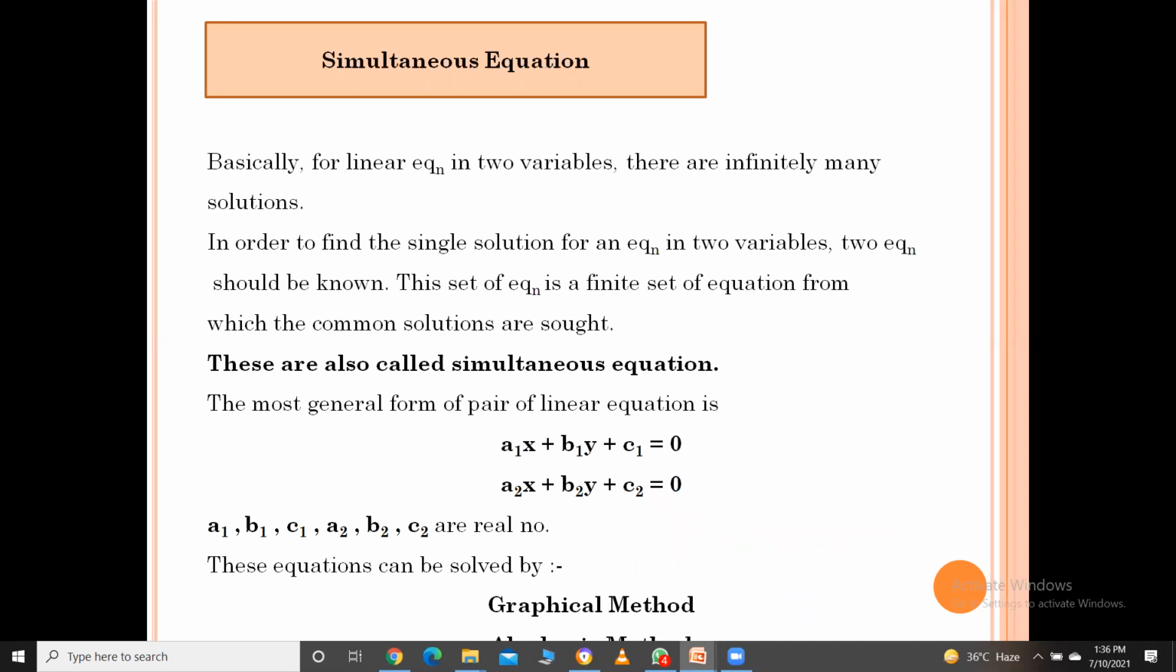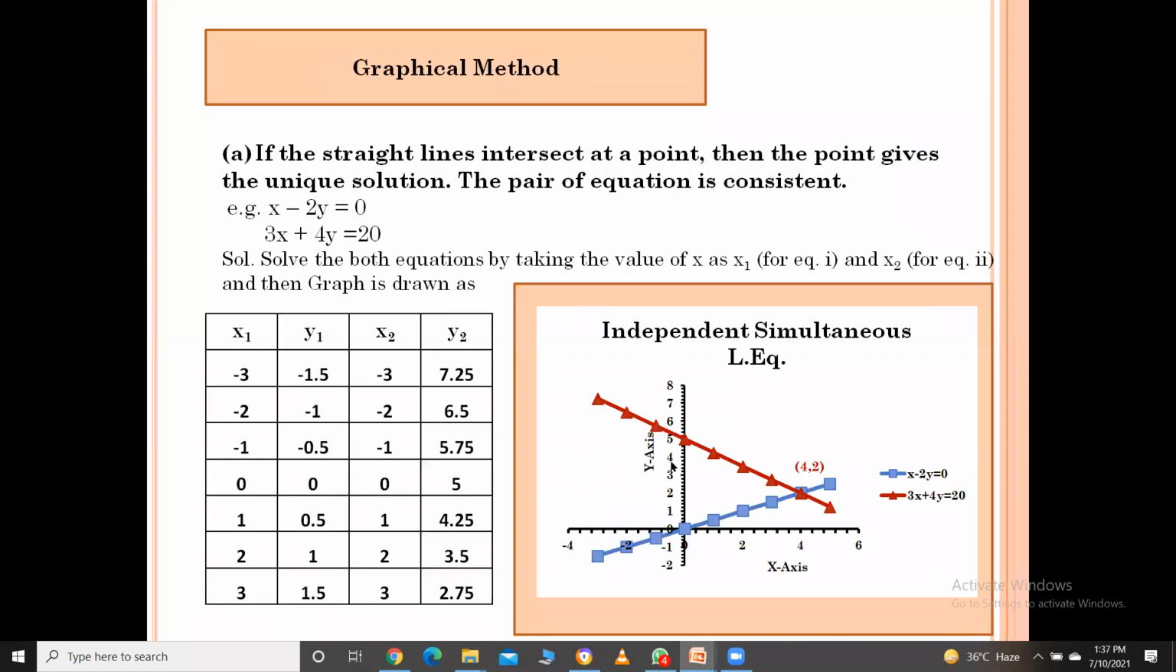Now, basically, for a linear equation in two variables, there are infinitely many solutions. In order to find a single solution for an equation in two variables, two equations should be known. This set of equations is a finite set of equations from which the common solution is sorted out. This system of equations is called simultaneous equations. The most general form of a pair of linear equations is a1x + b1y + c1 = 0 and a2x + b2y + c2 = 0. Here a1, b1, c1 and the other coefficients are real numbers. This equation is solved